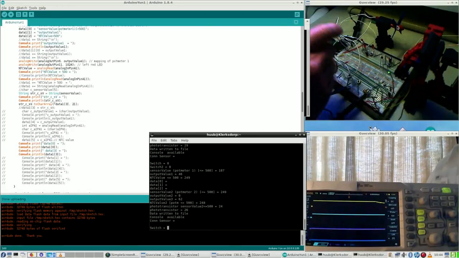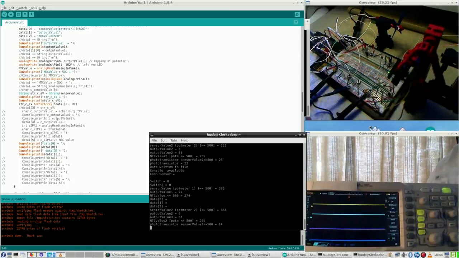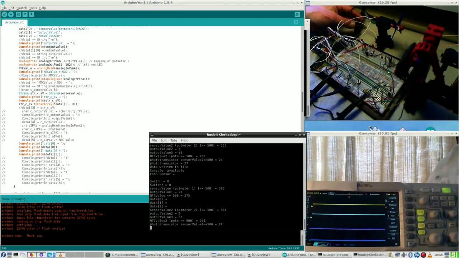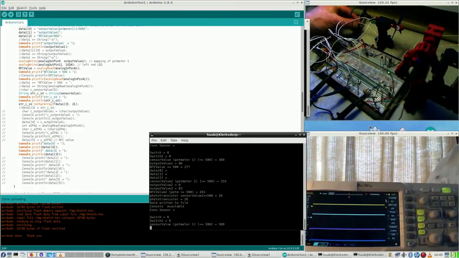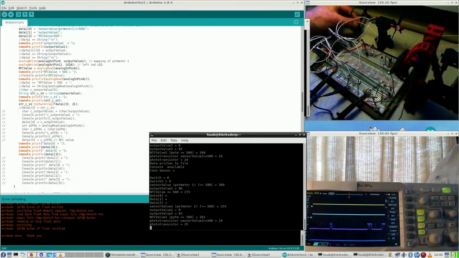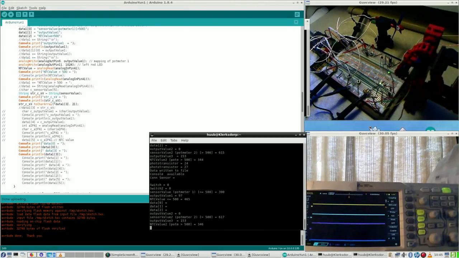Alright, anyway, that's not working. This one is. So at least something works. And this was for pulse modulation. So is there any pulse modulation on the line? Yes, there is. Definitely there is. Alright, anyway, it should work but isn't.